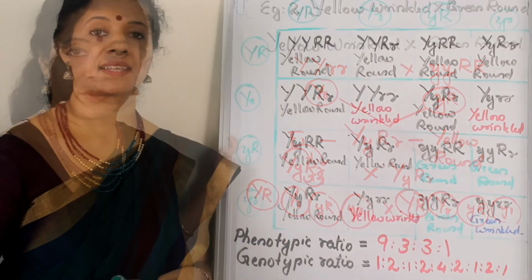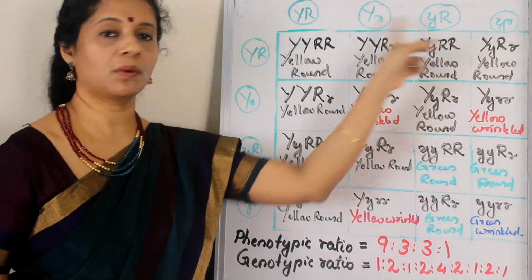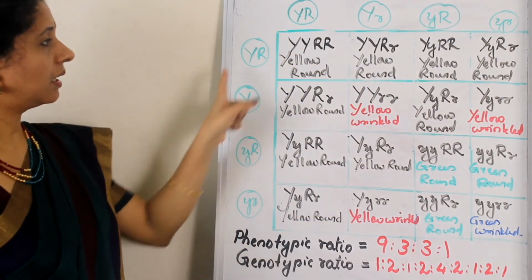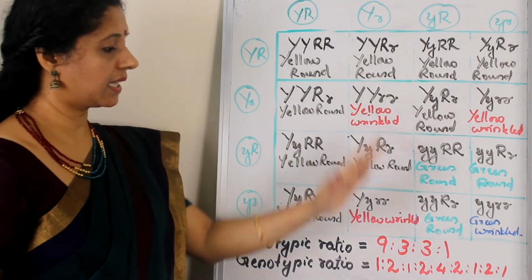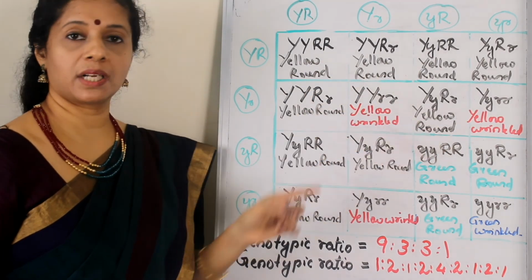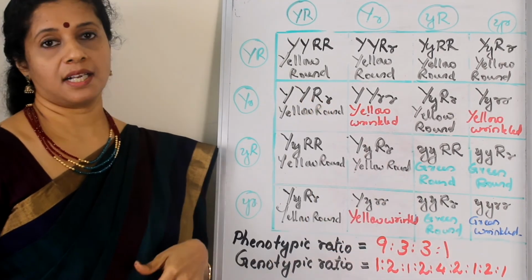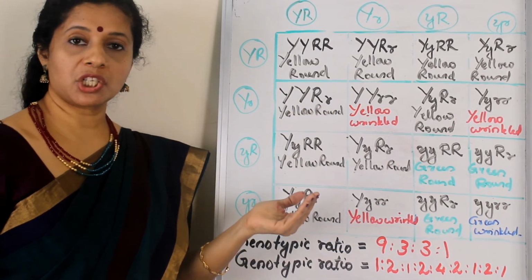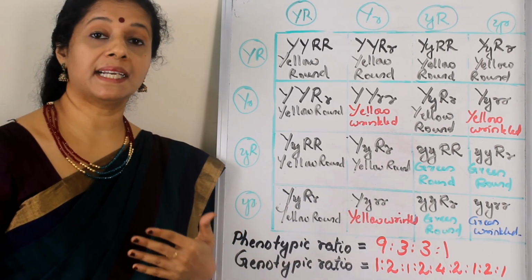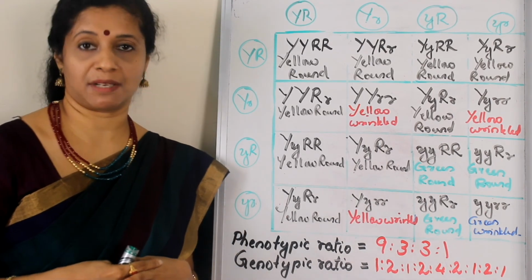Now we can do the F2. When we look at the F2 ratio, see this is the same way we wrote. All the four gametes are written on top, then the same down. When we do cross multiplication, again we are coming to the same ratio. 9 of them are yellow round, 3 of them are yellow wrinkled, 3 of them are green round, green wrinkled one type. So along with that, old combination or parental combination, new combination forming. So this is called the law of independent assortment. Each gene is independently assorting at the time of gamete formation.